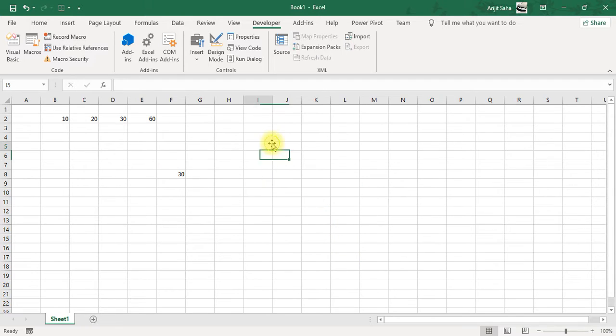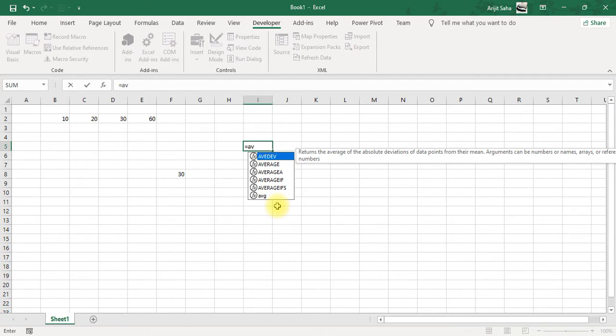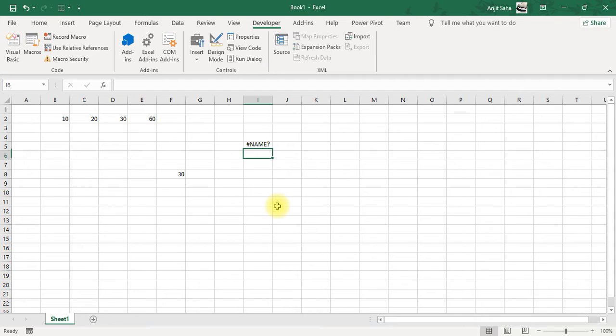So we'll go to another cell from over here, equal to AVG. As you can see it is appearing. Let's press enter. Sorry, equal to AVG and press enter. As you can see it is showing us the result that is to be calculated in that module. So this is how we can create a function that is going to directly show us the results that we have created.